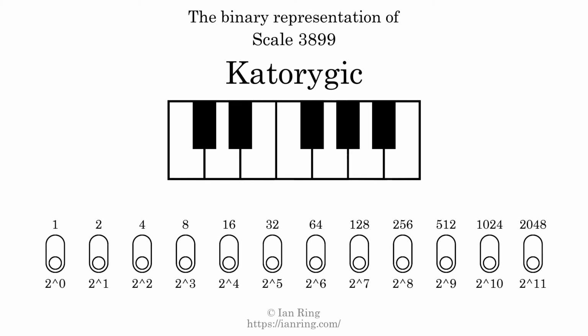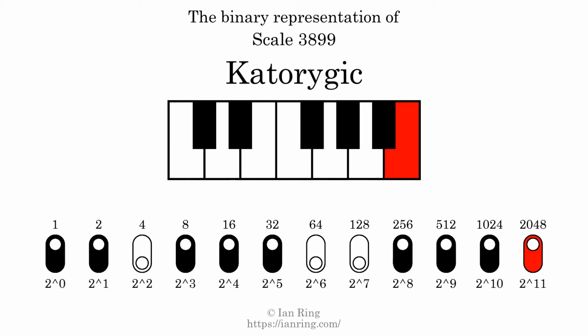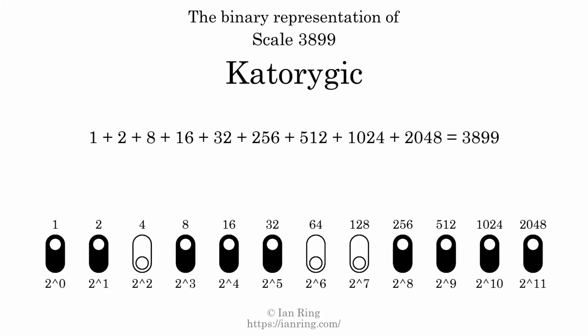The binary representation of this scale is determined by mapping tones of the scale to binary digits. Each binary digit represents a power of 2. To get the scale number, we add the powers of 2 together. The powers of 2 that are present in the scale, all added together, equals 3899. That is why the scale number, in decimal, is